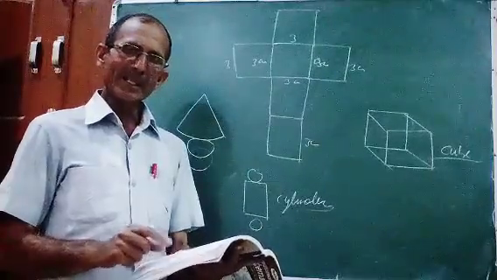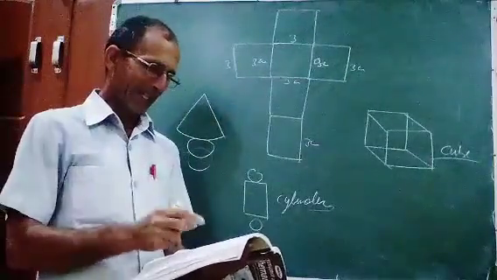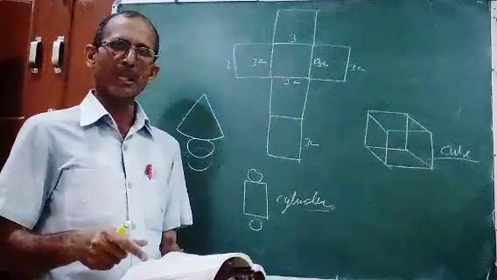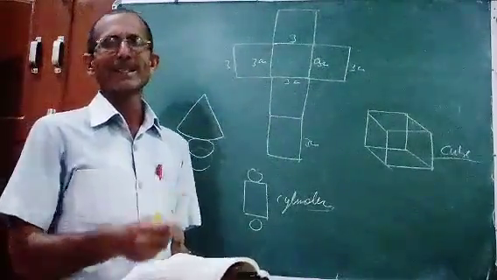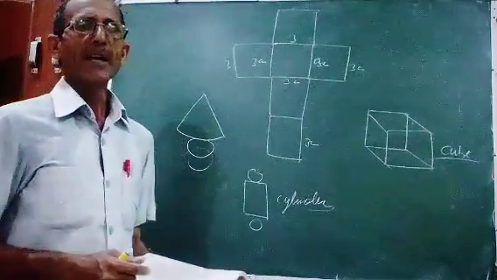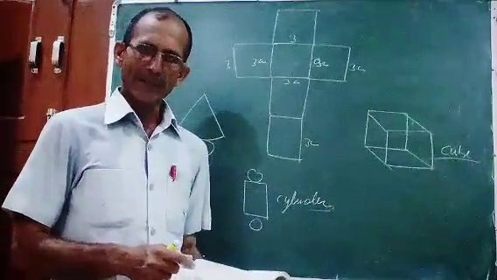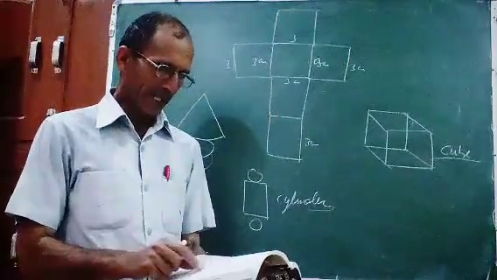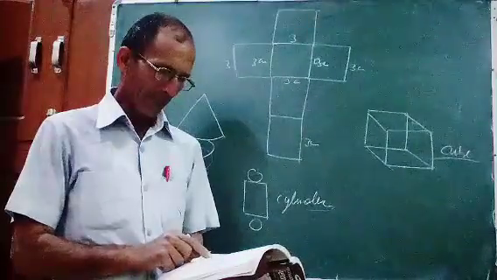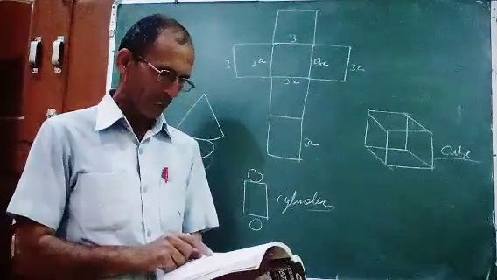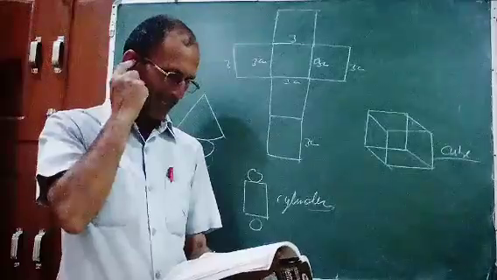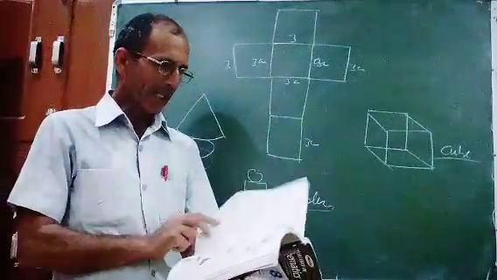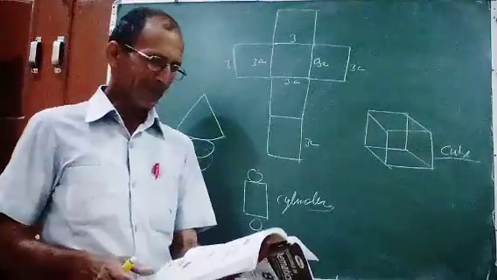Second is the net of a frustum of a cone. Frustum of a cone means the cone is cut and the upper portion is a circle, both portions will be circular. The lower one is larger than the upper one. It means the diameter of the upper will be smaller than the diameter of the lower. So this is the net of the frustum, and for the given figure of this one, I think A is right. So you can identify. And in this one, you have to draw the net. Very simple exercise.